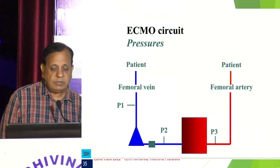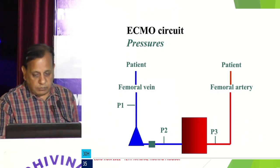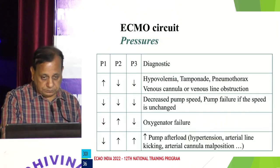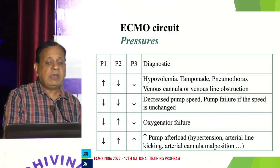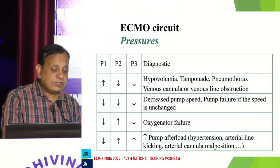There are three important pressure lines on an ECMO circuit: the P1, P2, and the P3. P1 is pre-pump, the P2 is post-pump or pre-oxygenator, and the P3 is post-oxygenator. These are the important parameters on the circuit. The various changes in P1, P2, P3 help to tell you what is happening to the patient. So all these three pressures have to be constantly